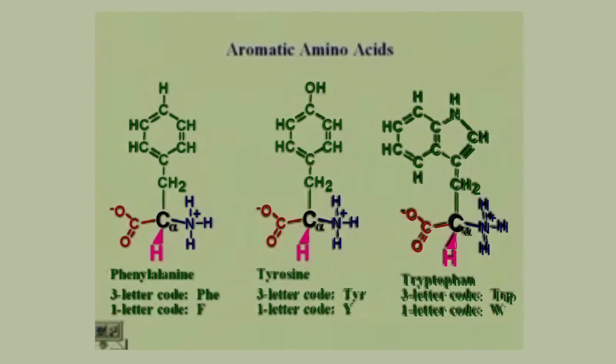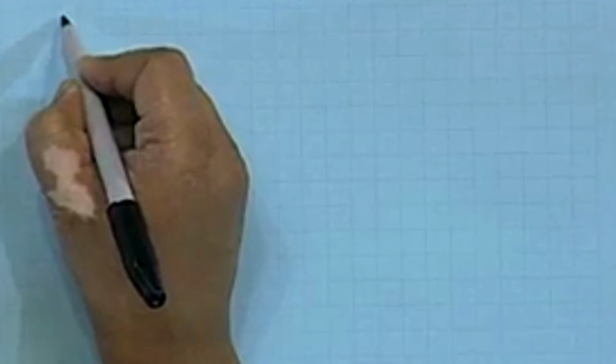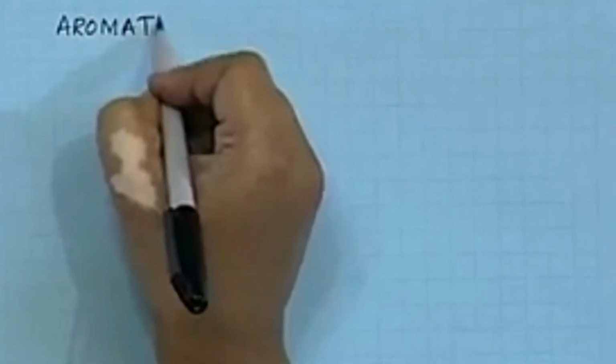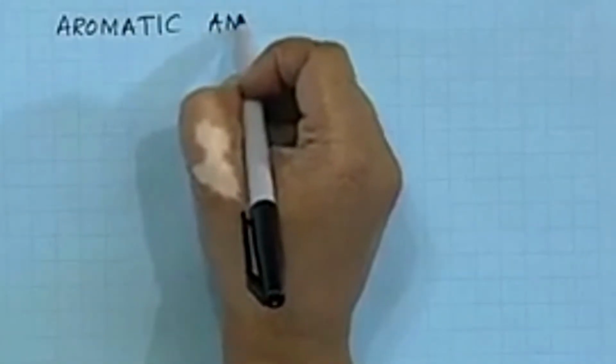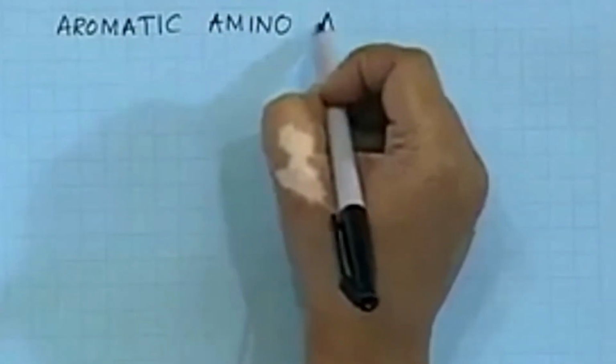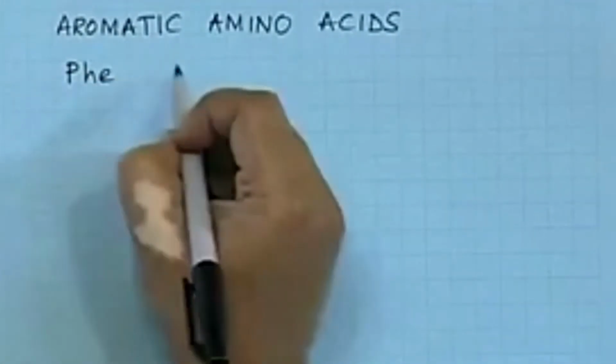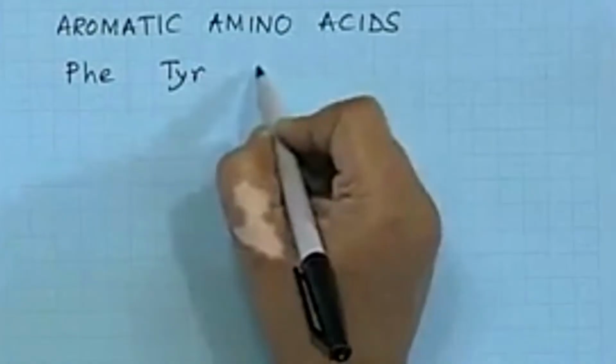The unique properties of these aromatic amino acids, which make the protein useful in an analytical way, is that all the aromatic amino acids that we have considered, which are, as I wrote previously, phenylalanine, tyrosine and tryptophan,